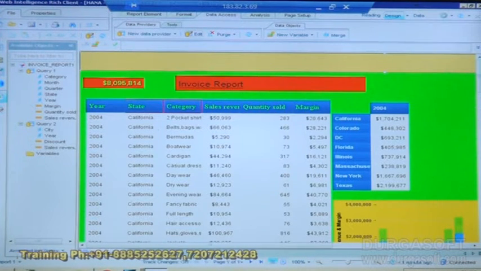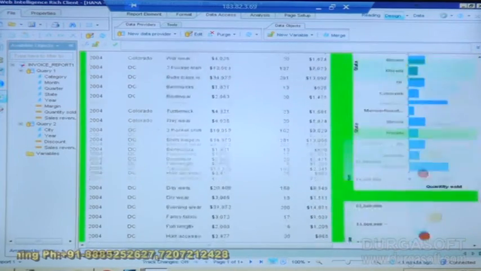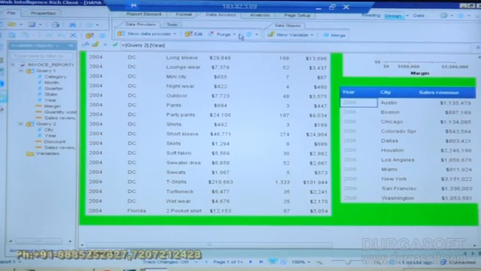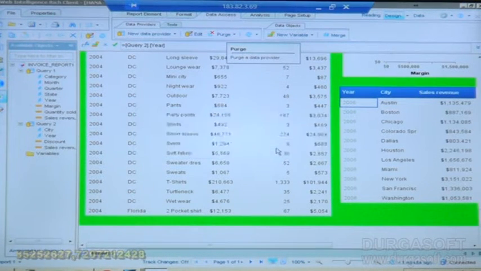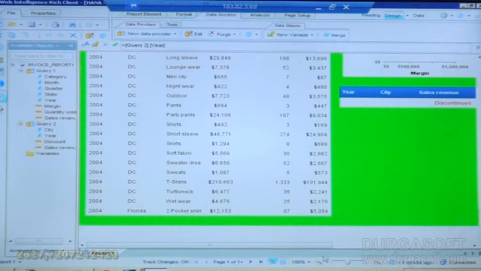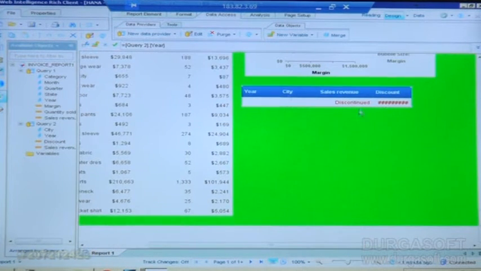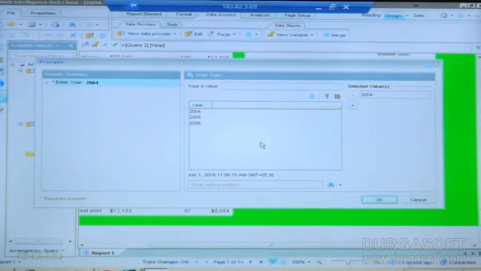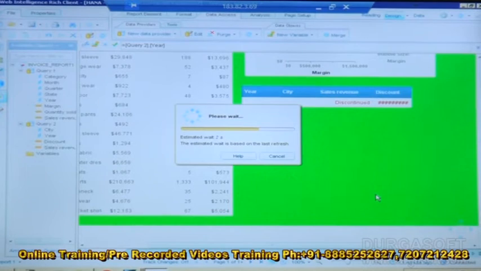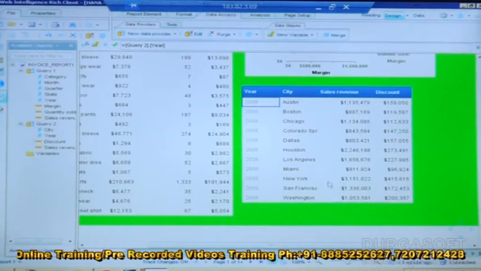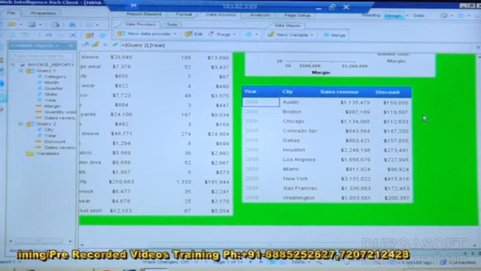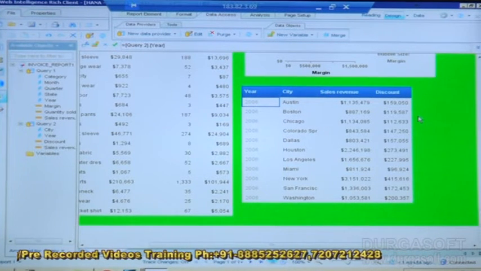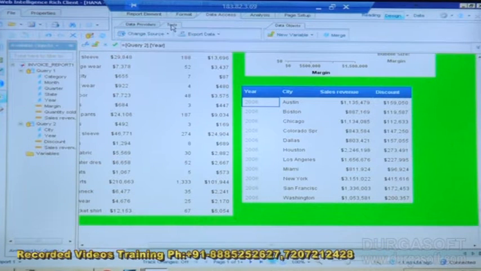So it's called purge. I'll show you purge once again. I want to delete the data of this value. I'll make a purge of query 2. This is query 2. See, now there are no values, it's empty. When we make a refresh, so here it is. It means that when you make a refresh, the values will not be retrieved. Okay, this is how we can perform these activities. So it's called purge. And this option is called tools here.